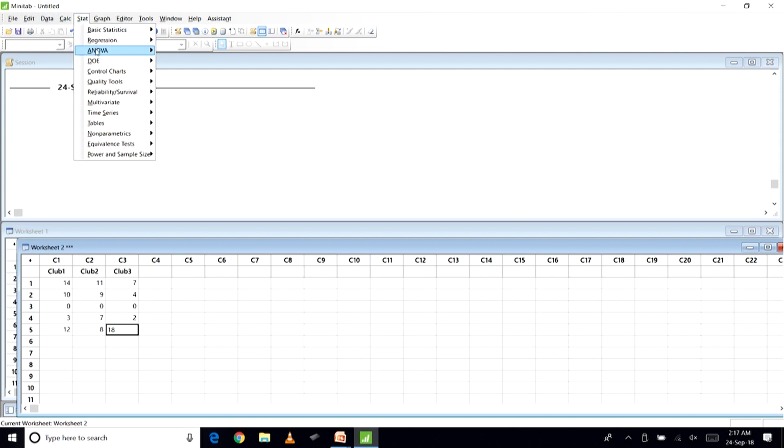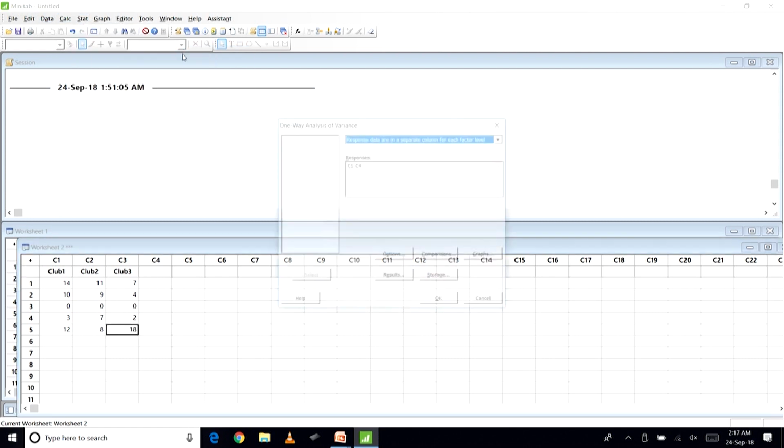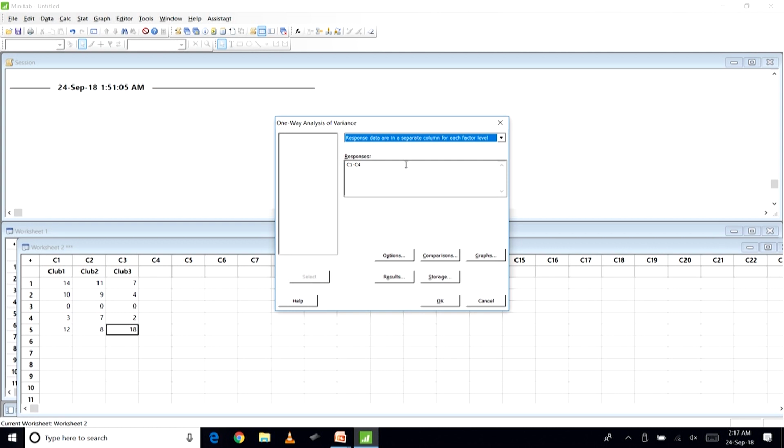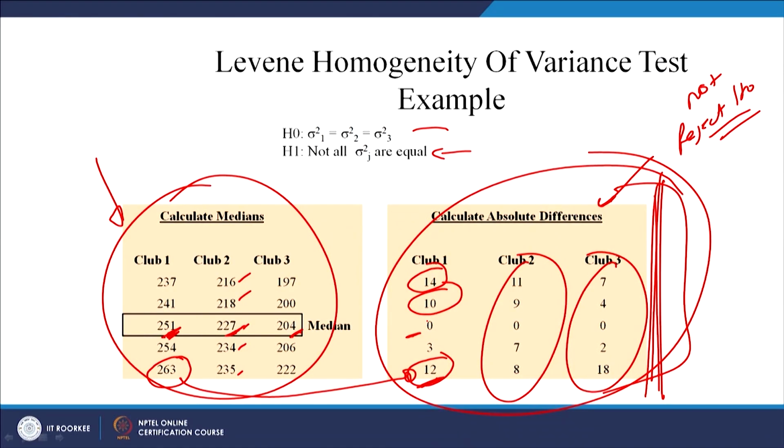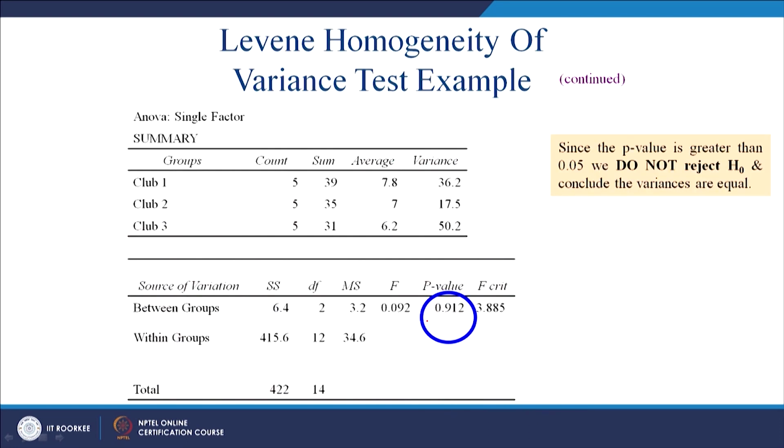We will go to Stat, we will perform one way ANOVA. So, we will select all these 3 columns. We will go to options, and of course we are testing it at 95% significance level. Let us check whether it is 95 or not. Yes, it is at 95% significance level.